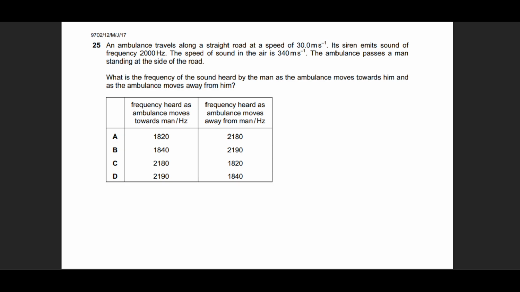So it says that an ambulance is moving along, and the speed of the ambulance is 30 meters per second. The speed of sound is 340 and the actual frequency it produces is 2000. It asks what's going to be the frequency when it is moving towards the man and when it is moving away from the man. First thing, we should memorize that if this is the observer and